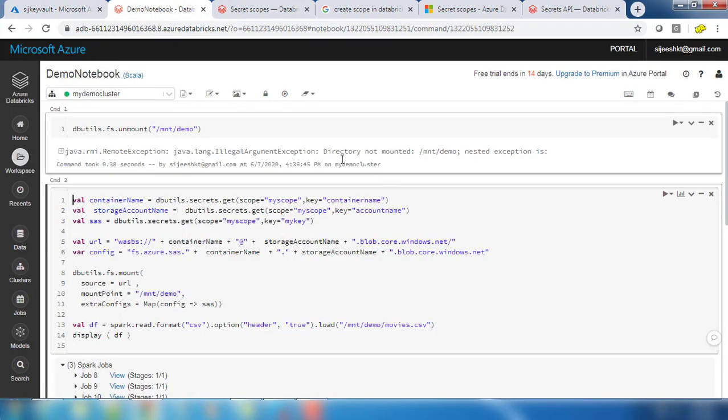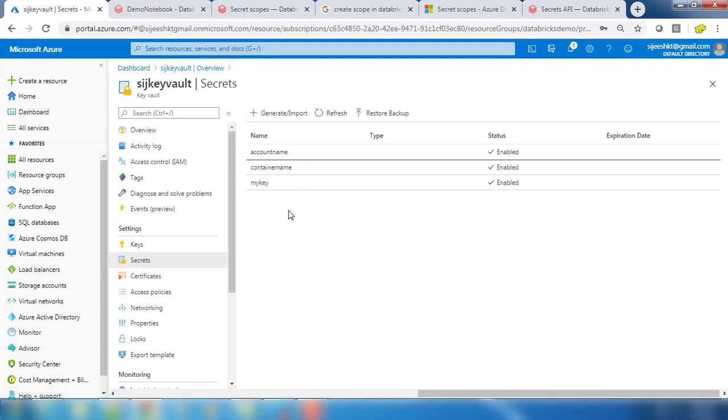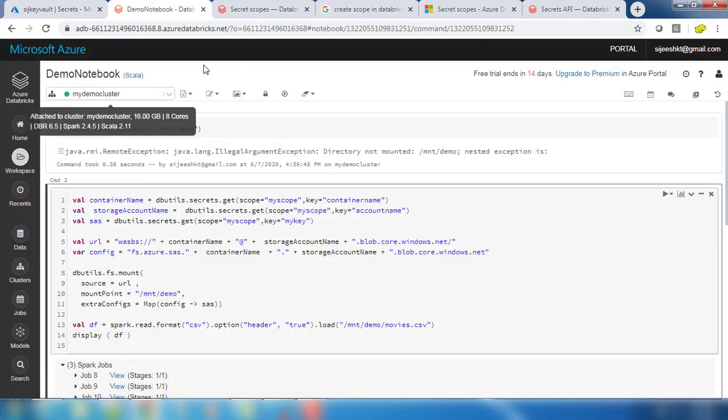Let me summarize the steps we have done. We used the same code, created our key vault, and stored the keys like account name, container name, and key, whatever secrets we need to hide. The next step is to create the scope: get this URL, append secrets/createScope, and create a scope.